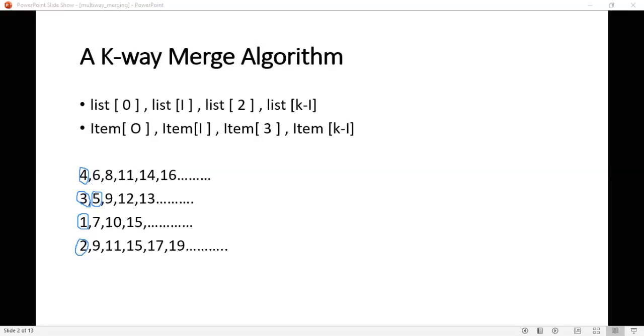Now you have to proceed in this particular list. Next item you have to fetch from this list. Again, you have the index items 6, 9, 7, and 9, and what is the minimum? It is 6. Okay, and you have to output 6.